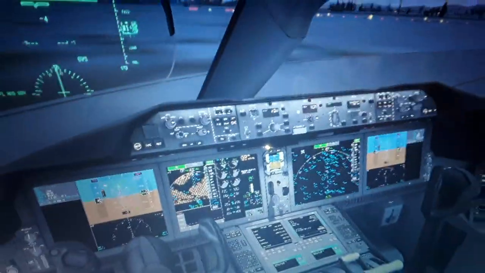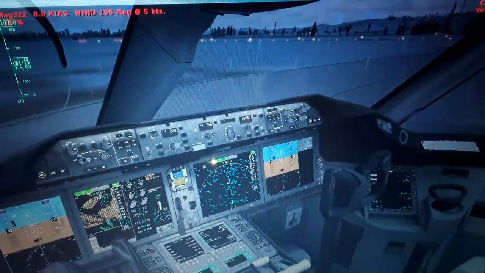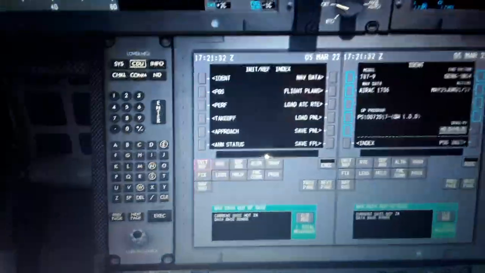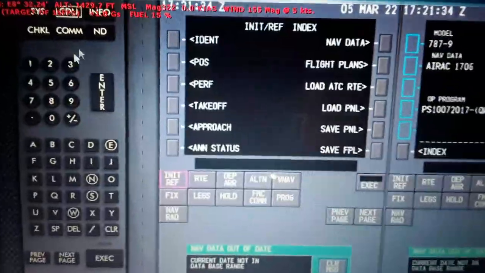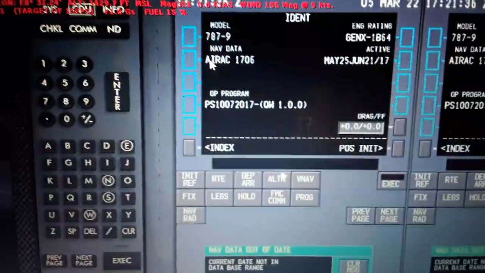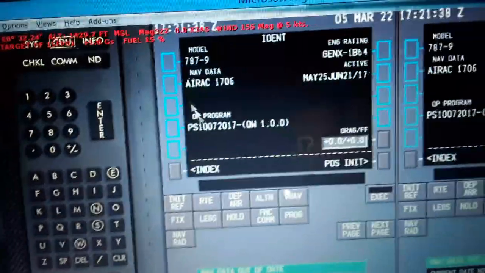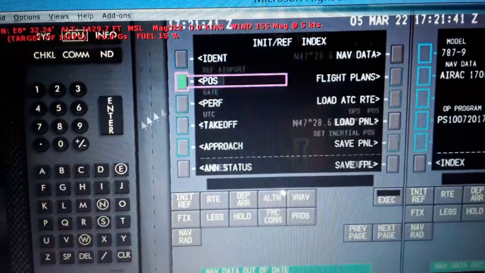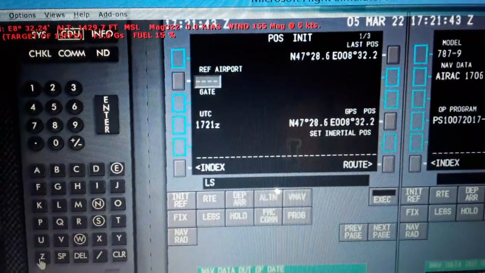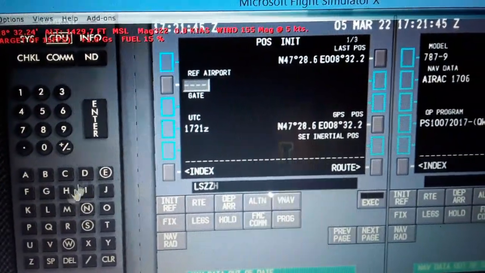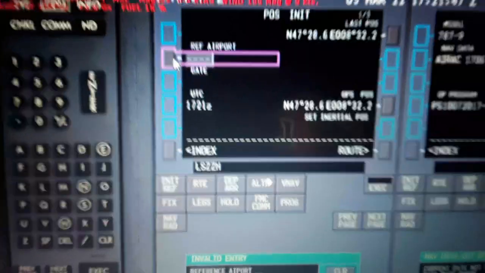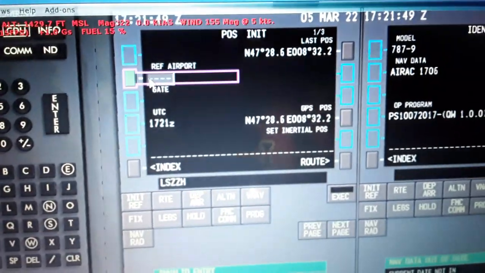from this view of the cockpit to set up the flight management computer, the control quadrant. As you can see, again we have the mouse pad and the flight management computer, this nice view of the cockpit. So we're going to set up over here. We can set the identity of the aircraft. It's Boeing 787-900, the engines and the cycle, the position. I'm going to set LSZH airport, the international airport in Switzerland. Over here, so we said reference airport,